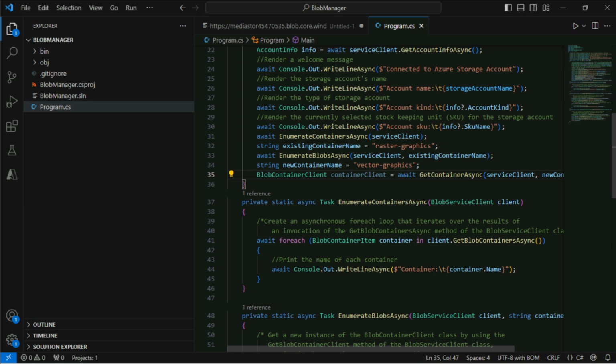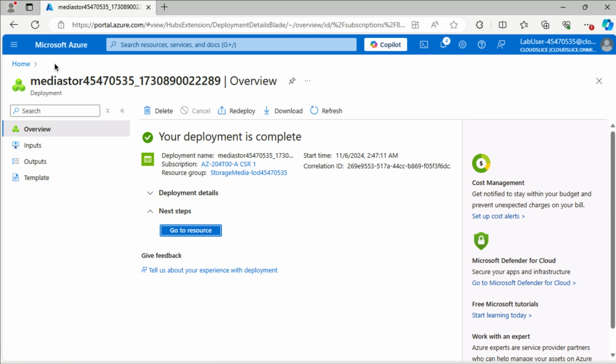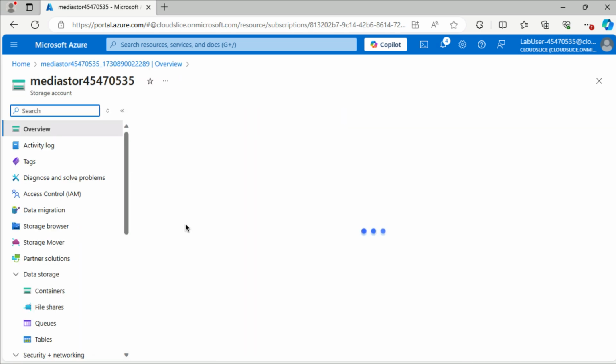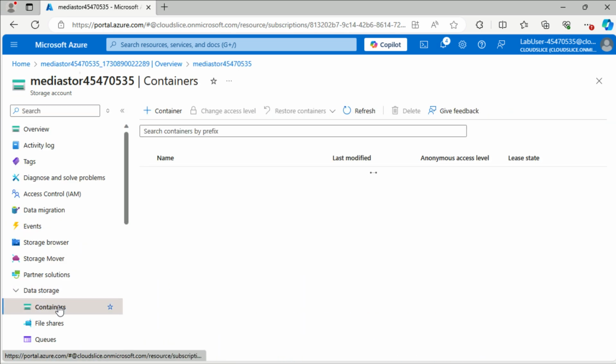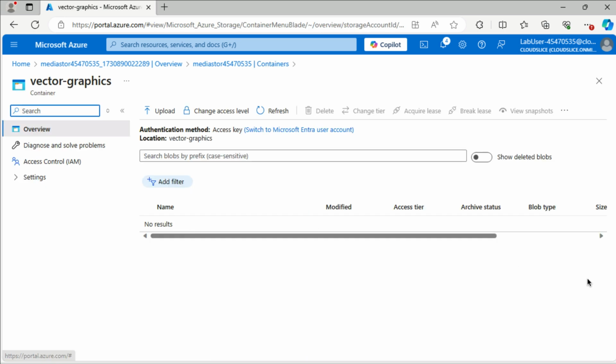So maybe let's upload another file. We're going to do that from the portal. We want it to go to storage account. There we go. And containers. And even here you can see that there are now 3 containers created by us. The last one was called vector graphics. And then we're uploading